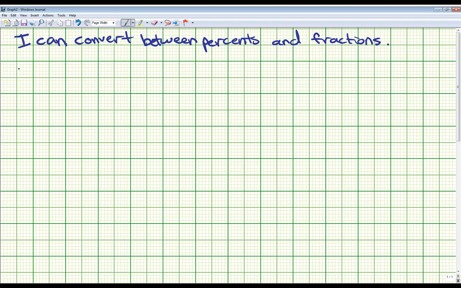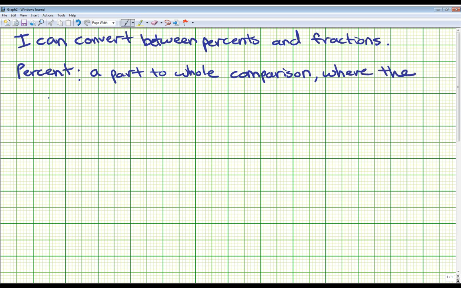So let's go ahead and write in the special word percent. Talk about what exactly that looks like. A percent is a part to whole comparison where the denominator is 100. And every single time, if you're looking at a percent, the bottom number of the fraction or the denominator will